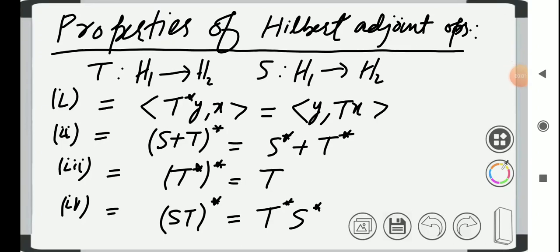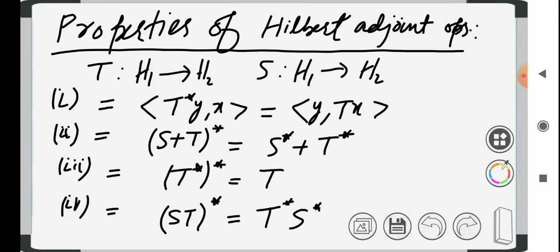Hello guys, in this video lecture we will study some properties of Hilbert adjoint operators corresponding to linear operators, bounded linear operators defined on Hilbert spaces. As you see, I have written some properties on screen. Although there are other properties as well, these are some important properties. We have a linear bounded operator T from Hilbert space H1 into H2